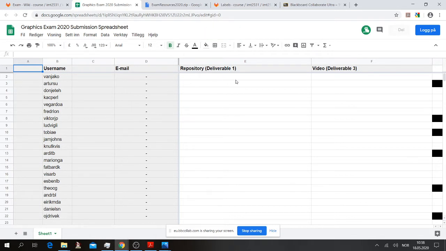As with assignment 2, you're free to choose whatever you like, but make sure, and that's important, that you commit more often now, so that we have a track record here. And I also encourage you to fill in this at once. So you start this exam, you start the planning, you make a repo, and you paste the link here at once and make sure that it works, because then you basically delivered. All you have to do right before noon on Thursday is then to make the last commit basically. So then you don't have to worry about things messing up and all that stuff. So I would encourage you to do that at once after we're done with this meeting.